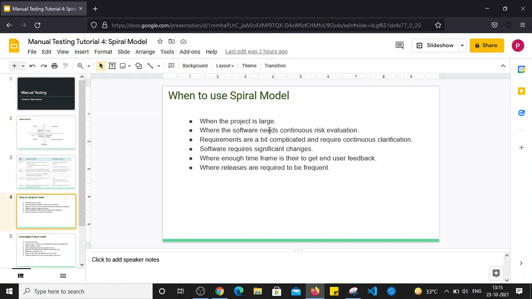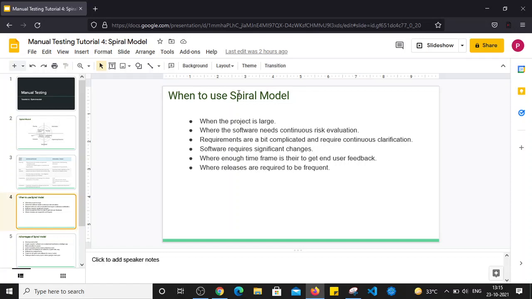Whenever the software needs continuous risk evaluation, so if the product is large and it requires continuous risk evaluation, then in such scenarios the spiral model is used. Also, if the product and requirements are a bit complicated and they require continuous clarification, right?